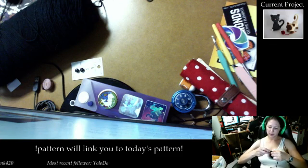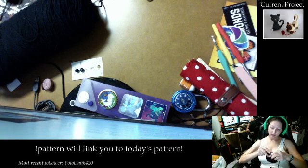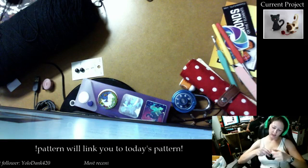Yeah, we'll use the needle. My bright green yarn. I don't wanna use up these buttons. They look too small, and